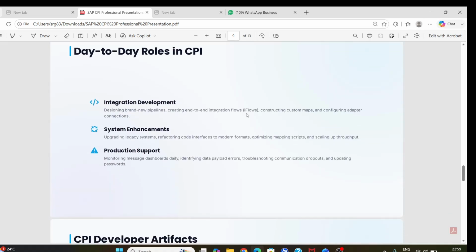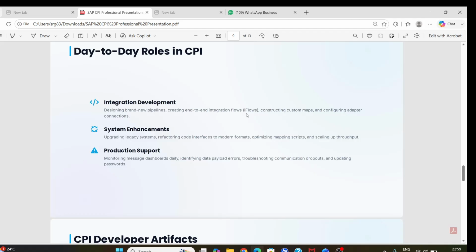Then next slide is our day-to-day role in CPI. What does a typical day look like as an SAP CPI engineer? Your work will generally fall into three categories. First one is development: designing new pipelines and iFlows, organizing secure communication certificates, and writing custom map functions.